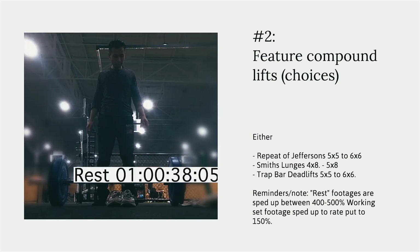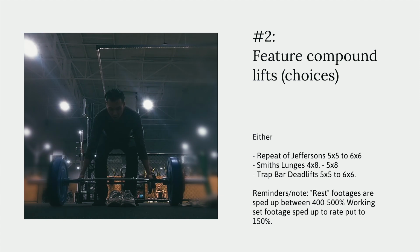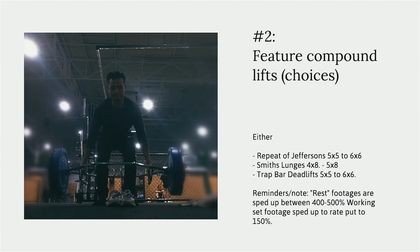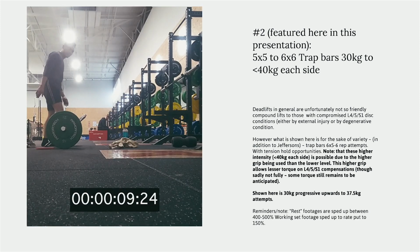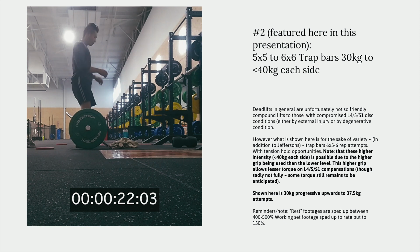But recently, there's another option in which this author has been trying to get back into conventional deadlift routines safely and pragmatically, given his L4-L5-S1 nerve joint recompensations, and that is trap bar deadlifts. So that's what we are going to use here in this presentation. So, trap bar deadlifts. What we are saying here is anywhere between 30 kilograms to no more than 40 kilograms